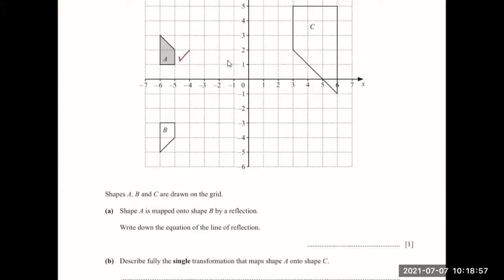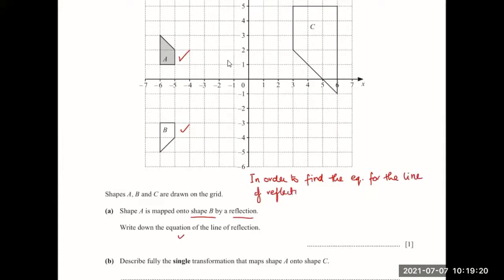It says shape A is mapped onto shape B by a reflection. Write down the equation of the line of reflection. How do you find the equation of the line of reflection? In order to find the equation for the line of reflection,